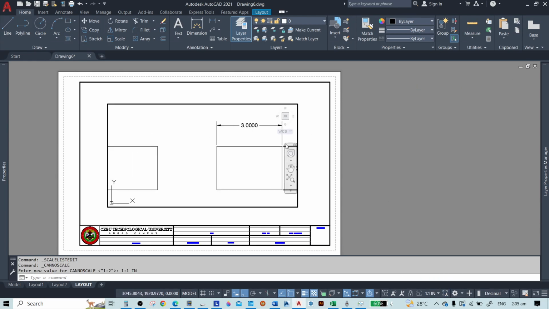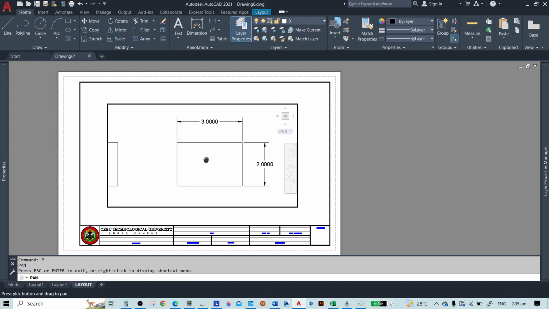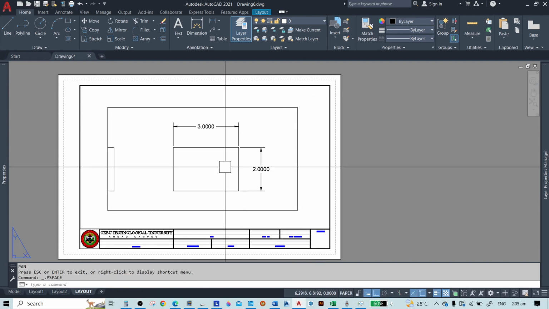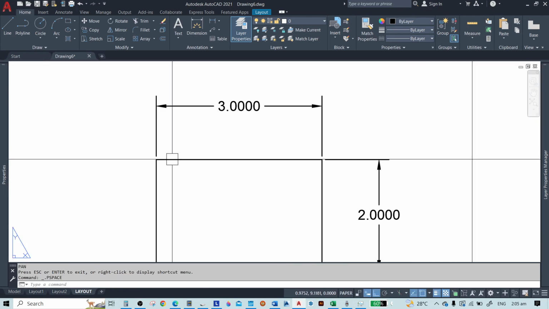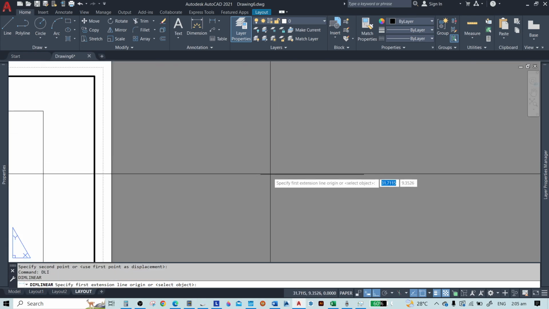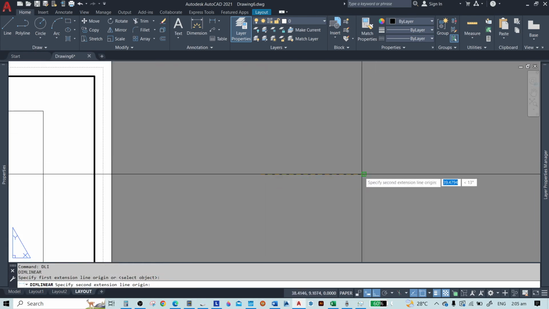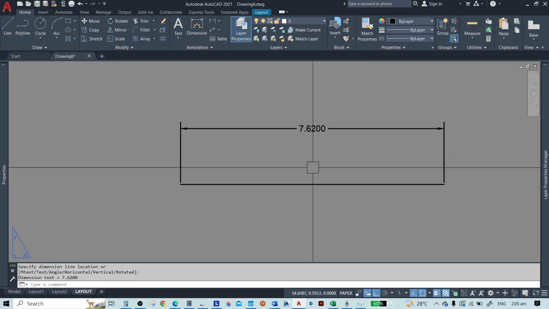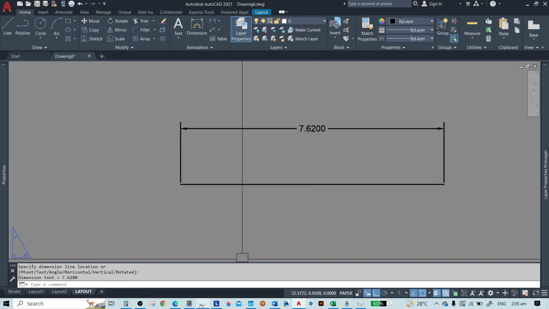So you can see it becomes bigger. Now let's measure this one. So I'll make a line, put it outside, and then show the dimension, 7.62.